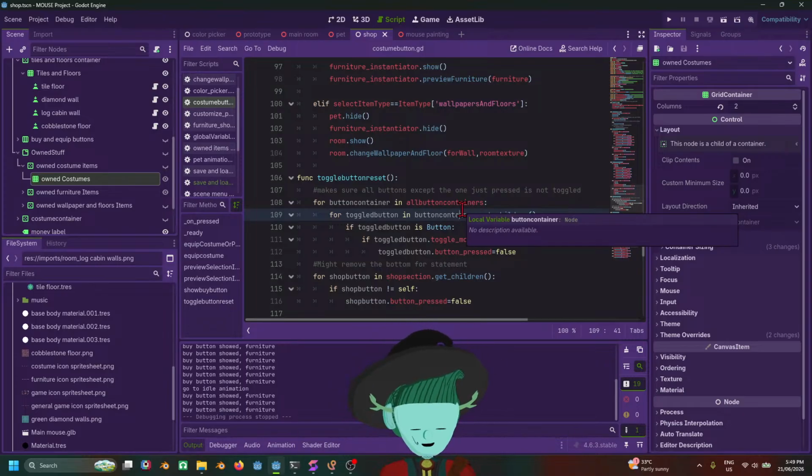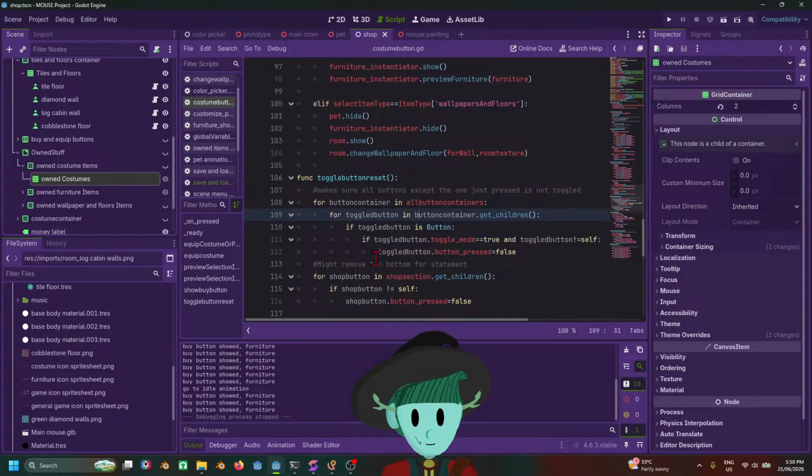I know that's a little bit redundant, but basically for every button in a container in the array that I just talked about,